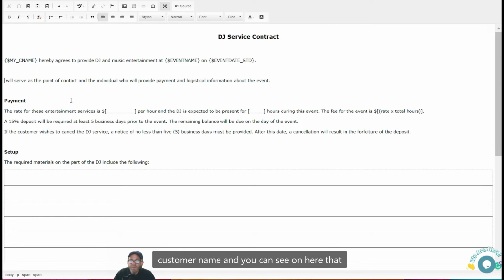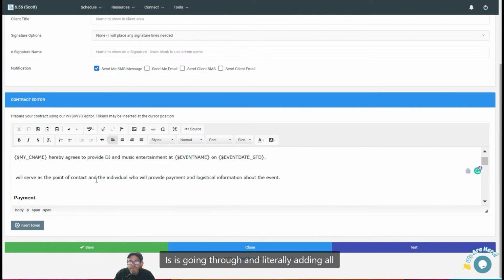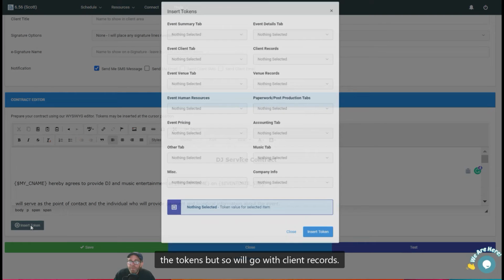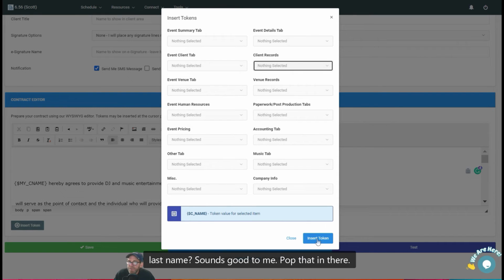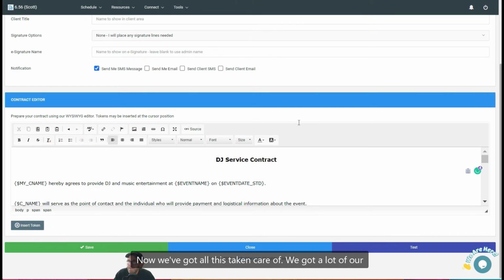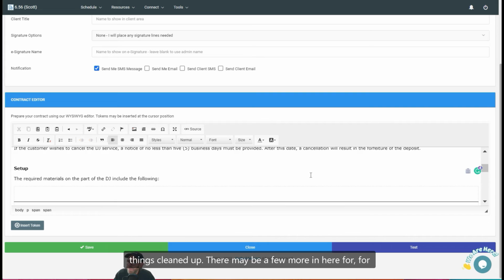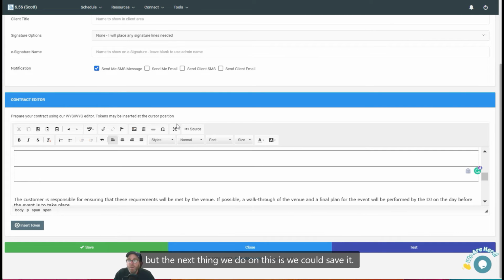So there we're going to customer name, and you can see on here that literally what you would end up doing here is going through and adding all the tokens. But so we'll go with client records, and how about the client name, first and last name? Sounds good to me. Pop that in there. Now we've got all this taken care of. We've got a lot of our things cleaned up. There may be a few more in here for prices. I don't know what we had on this contract, but the next thing we do on this is we could